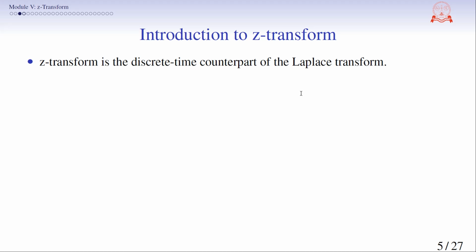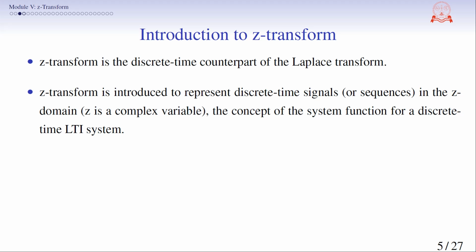In the second and third module, we have covered the Laplace transform. Z transform is the discrete counterpart of Laplace transform. In the Laplace transform, the continuous time signal is represented in the Laplace domain or simply S domain, where S is a complex variable and this complex variable is represented in the rectangular format as S is equal to sigma plus j omega,